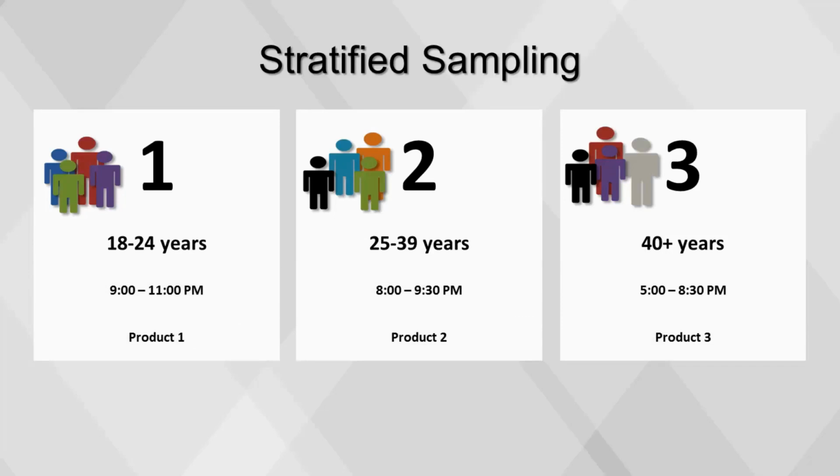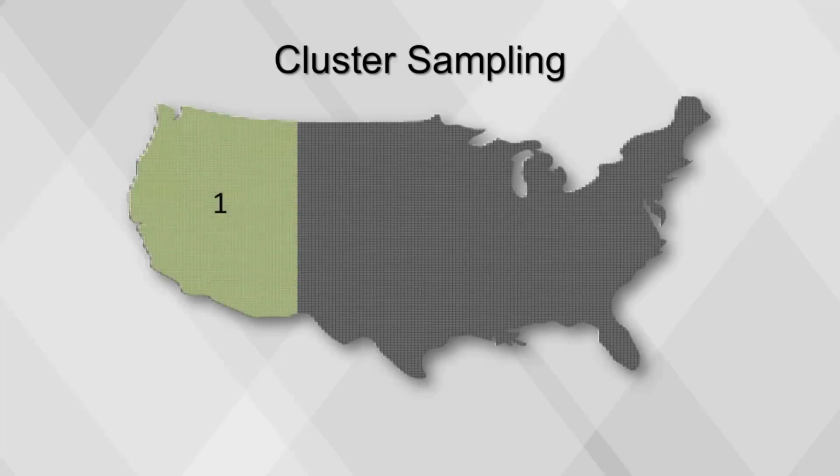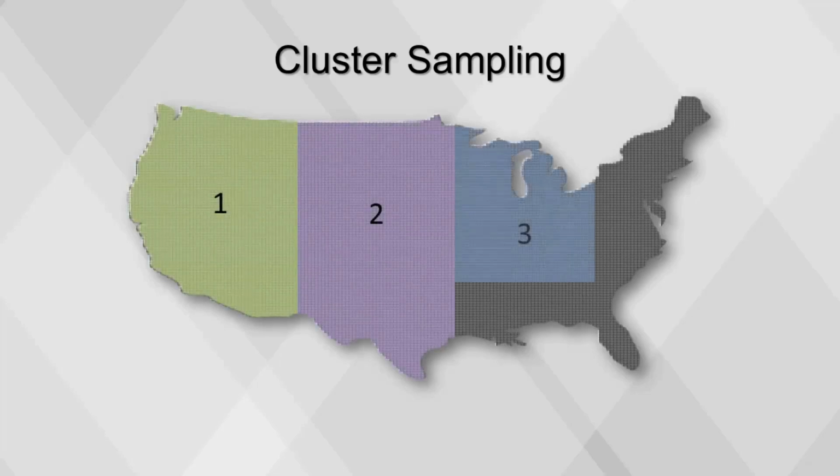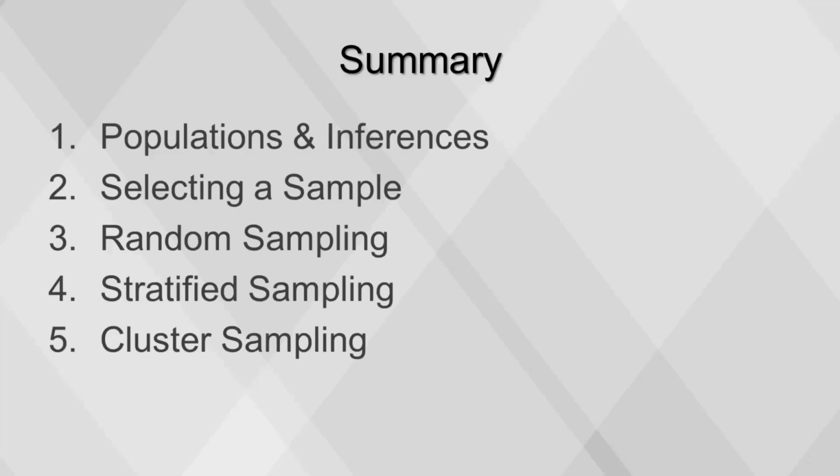A more important advantage of stratified sampling is that the accuracy of the resulting population estimates can be increased by using appropriately defined strata. In cluster sampling, the population is separated into clusters, such as regions of the country, and then a random sample of the clusters is selected. The primary advantage of cluster sampling is sampling convenience and possibly lower cost. Selecting a cluster sample is straightforward. The key is to define the sampling units as the clusters, such as the regions of the continental US shown here. This concludes our video on sampling basics.